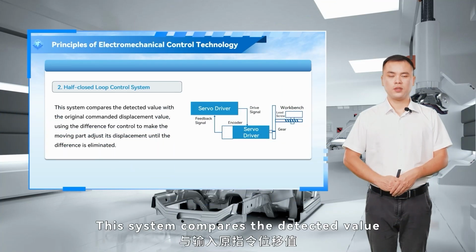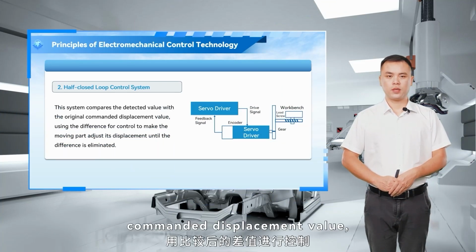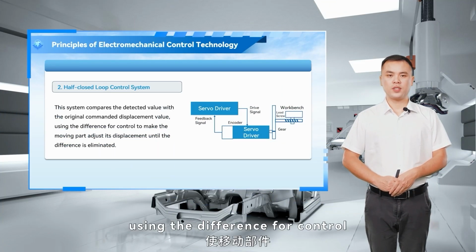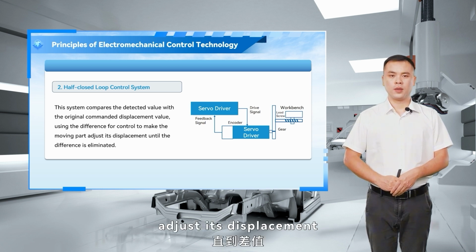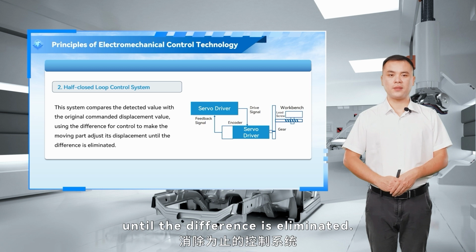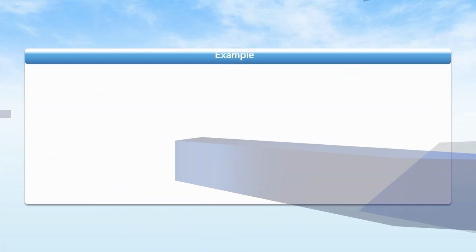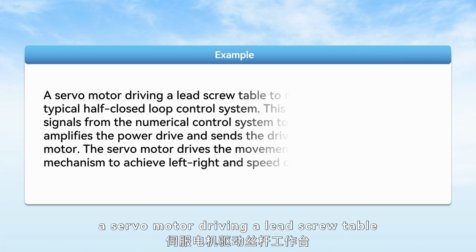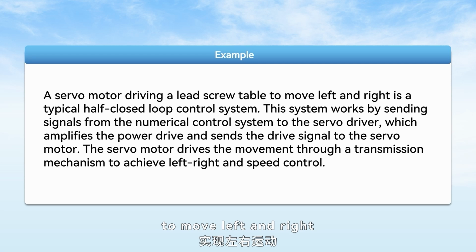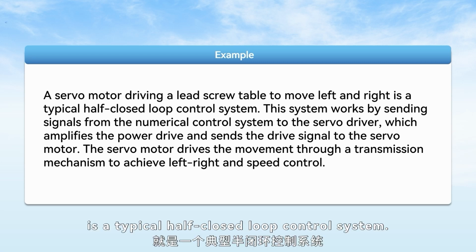This system compares the detected value with the original commanded displacement value, using the difference for control to make the moving part adjust its displacement until the difference is eliminated. For example, a servo motor driving a lead screw table to move left and right is a typical half-closed loop